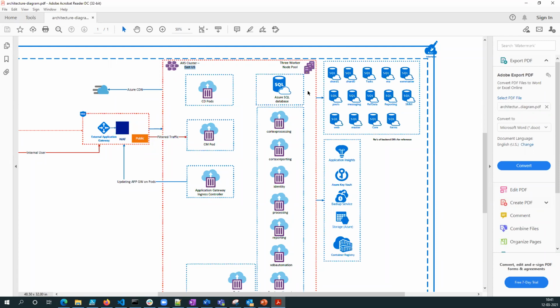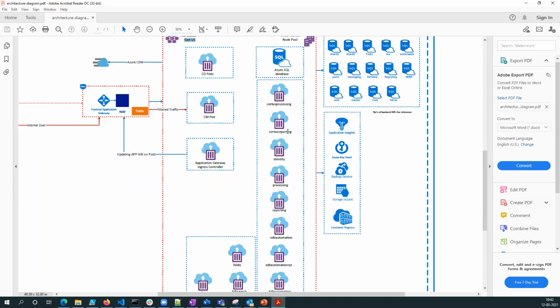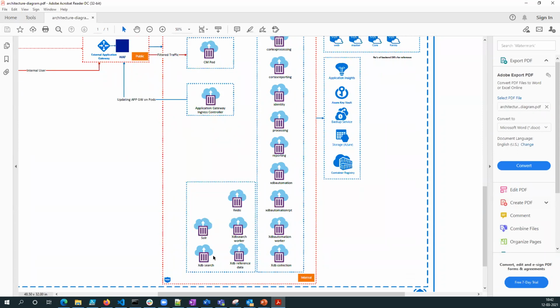That's not the purpose. Maybe in the future, either I or somebody from the team is probably going to be showing you the scalability features. Nonetheless, this is a standard diagram that I thought I'd share with you guys here. These are the pods that get created, starting from CD, CM, then you have the Cortex, reporting, processing, identity, and so on and so forth. I'm also including the Redis and the Solr. The Redis and Solr, at least for this demo, would still continue to appear as pods.